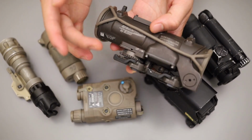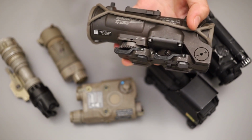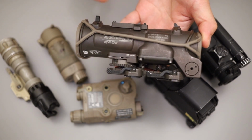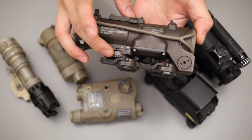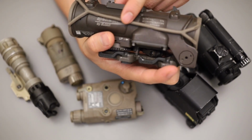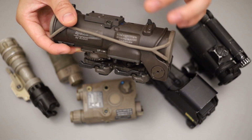Again, you can upgrade them to make them better. And this is kind of the last thing, but all this stuff is hearsay, so you don't know what's true or what's not true. I've read, I hear, oh, these sights are bomb-proof, SOCOM uses them, they're great. But then you see Forgotten Weapons and InRange TV saying that these sights are garbage because the adjustment to the sight is outside of the housing. So you adjust the elevation and the windage by holding this, this mount is on your AR-15 or whatever gun, and then you move the sight in relation to the mount. Other sights are usually done internally. Whether that makes the sight inherently bad or not,